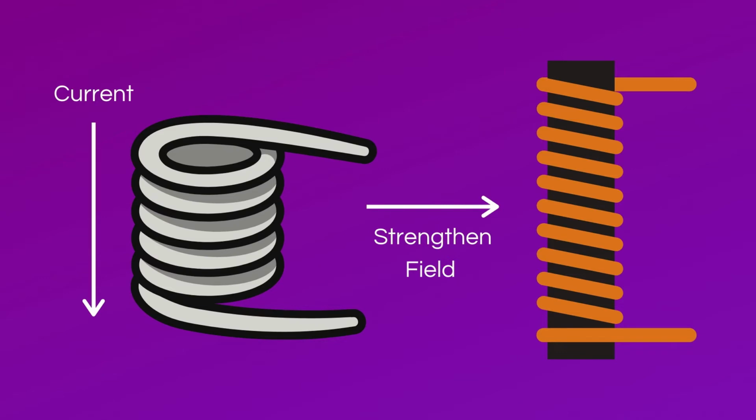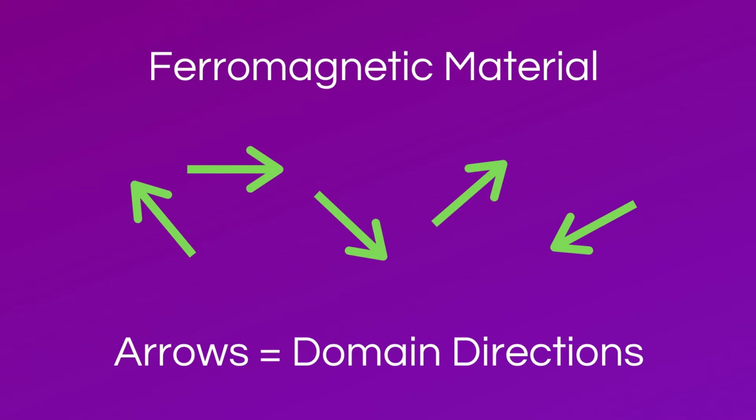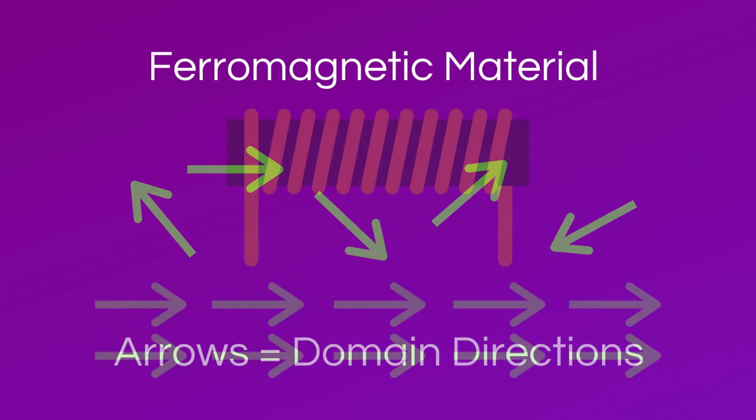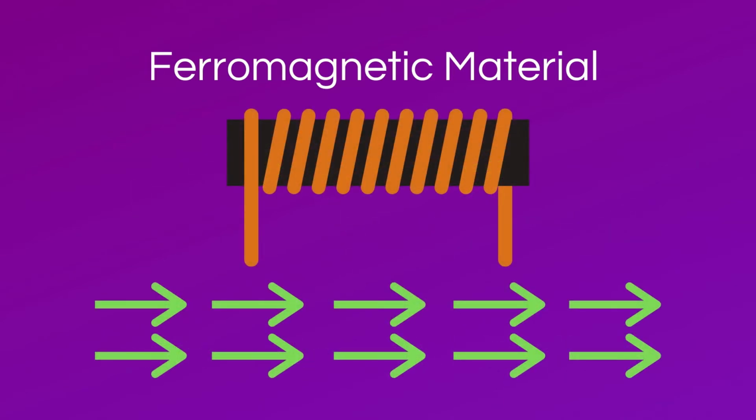A metal that is ferromagnetic has many small electromagnetic domains. When no current flows around or through it, these domains face in many different directions, canceling each other out. However, when the ferromagnetic material is exposed to a magnetic field, the domains align with the field while strengthening it enough to be used as a magnet. Hence, an electromagnet is a ferromagnetic core with a coil of wire wrapped around it that activates when current goes